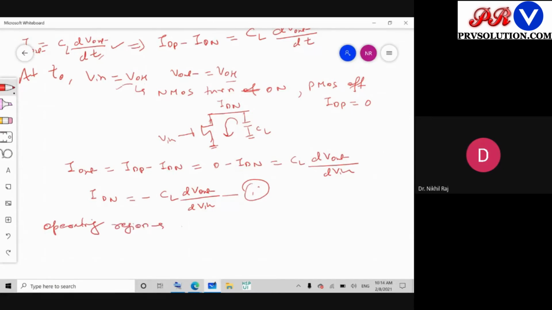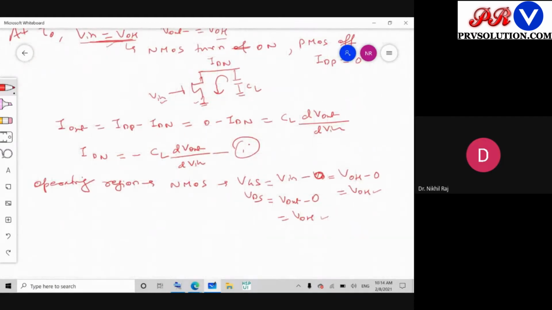Since we know it is NMOS, now we'll look at the NMOS case. So in NMOS, what is VGS and what is VDS? VGS is Vin minus 0, and at this point Vin is nothing but what I have kept at VOH. So VOH minus 0, that is nothing but VOH. And what is VDS? VD is nothing but Vout minus VS, which is 0. And what is Vout? Vout is also VOH. So for NMOS, VGS is VOH, high, and VDS is also high.